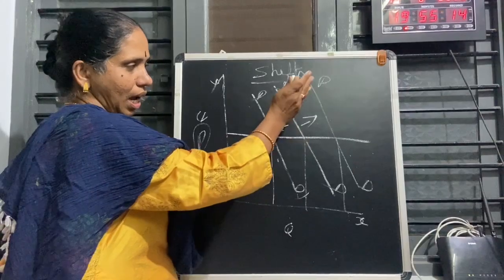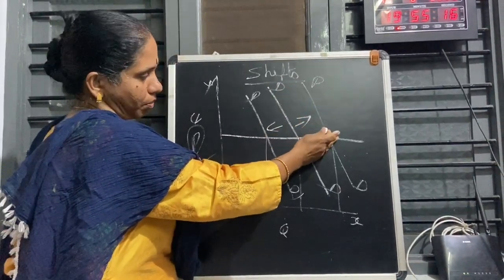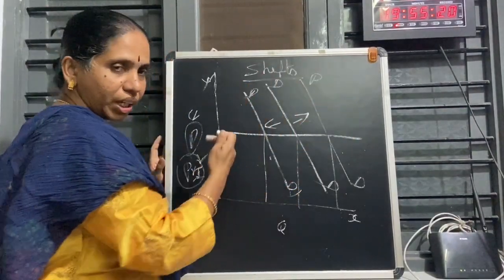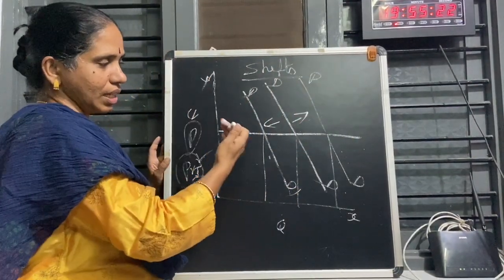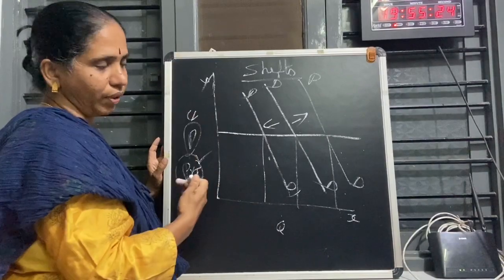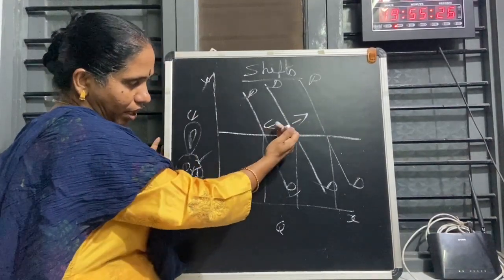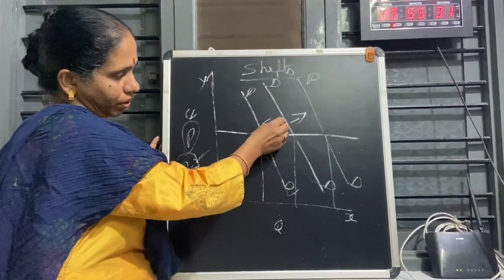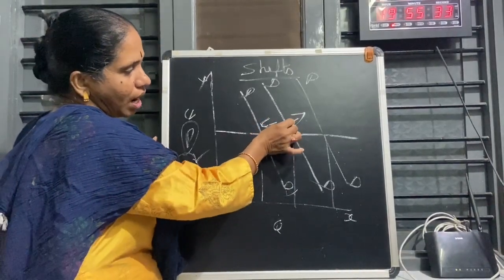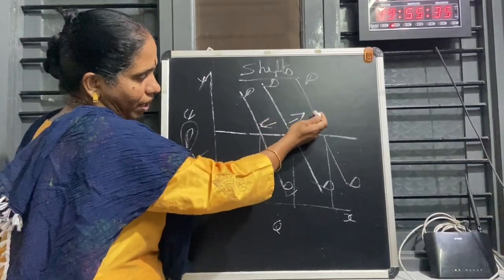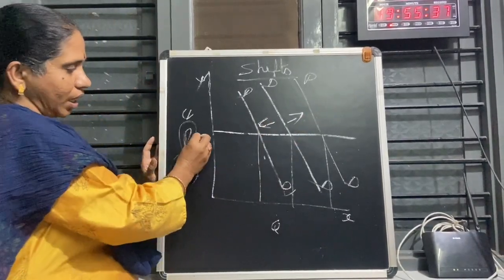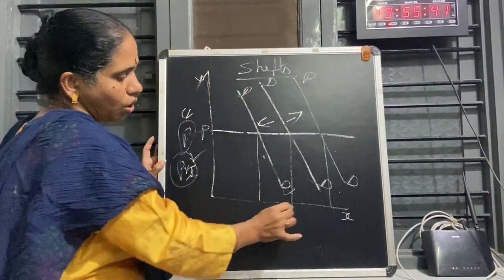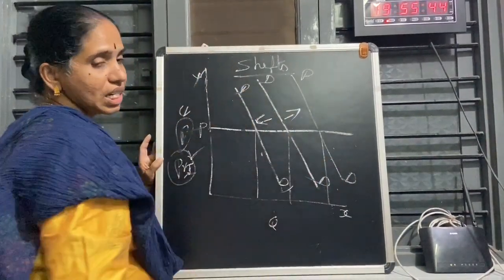When income increases and I am buying more, that is normal goods, and the demand curve shifts upward. What is happening in inferior goods? When income increases, I am buying less because these are inferior, so the demand curve shifts downward. So there is movement, and then shifts up and shifts down. Here we are keeping the price constant. This is the price line and this is the quantity demanded. This is called a shift in the demand curve.